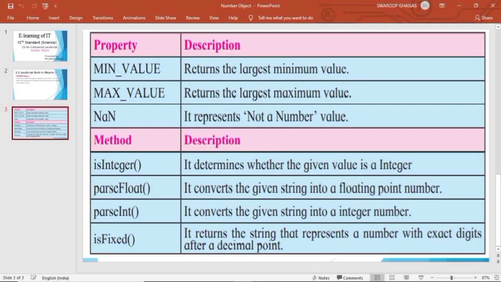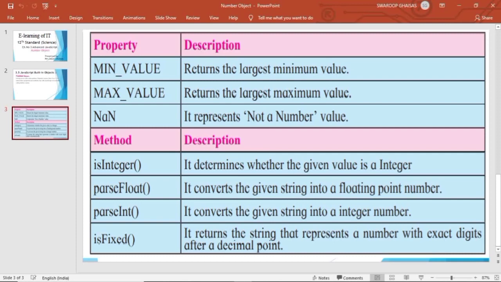So these are the different properties of the number object, to return a minimum value, maximum value, or to check whether it is a number or not. Then there are the different methods of number object like isInteger. It determines whether the given value is an integer or not. Whether the value is of integer type is checked by using this method.